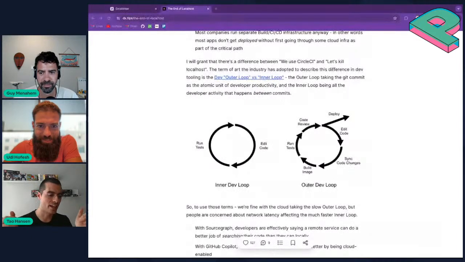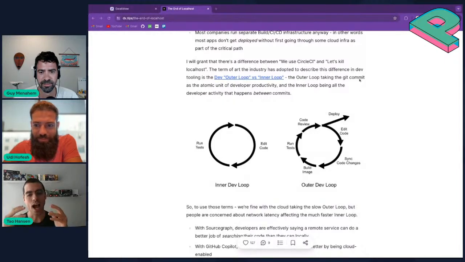I think that the developers who are passionate about preserving localhost have a point. But I also think that it's not as dire as they suggest. I think that we are looking at a very multimodal future where developers might choose to, imagine if we